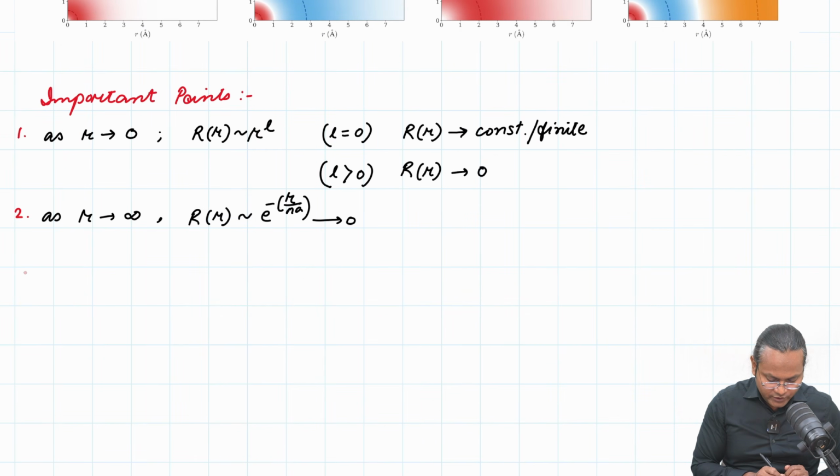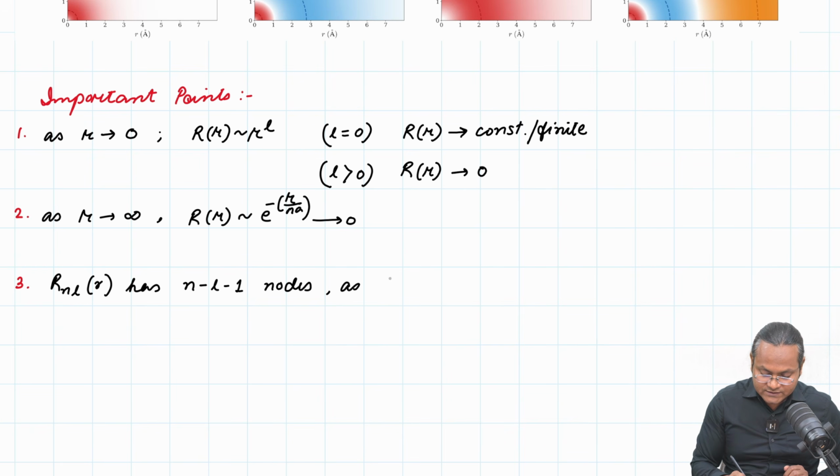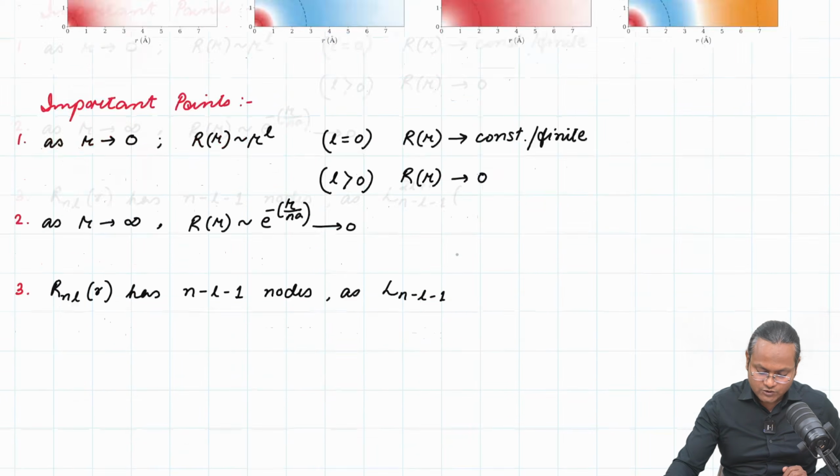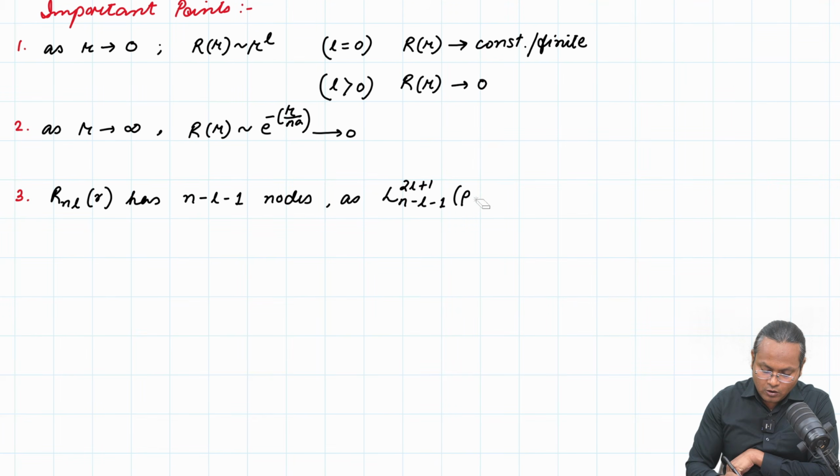Let's name these points 1, 2, 3. The R function has n minus L minus 1 nodes, as the Laguerre polynomial with subscript n minus L minus 1 and superscript 2L plus 1